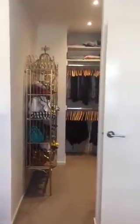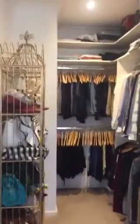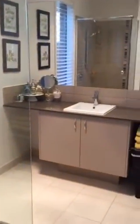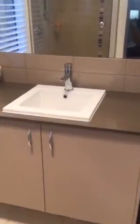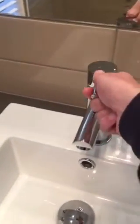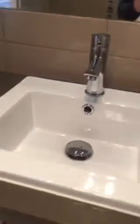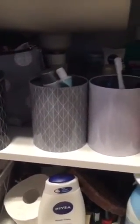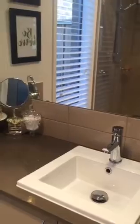Door into walk-in robe. As we can see, generous hanging and storage space, and further opening into the ensuite, complete with tile flooring, single basin, which is ceramic and with no defects, good water pressure, and no water defects to the timber shelving or cabinetry below. Partially tiled wall splashbacks, side aspect window,